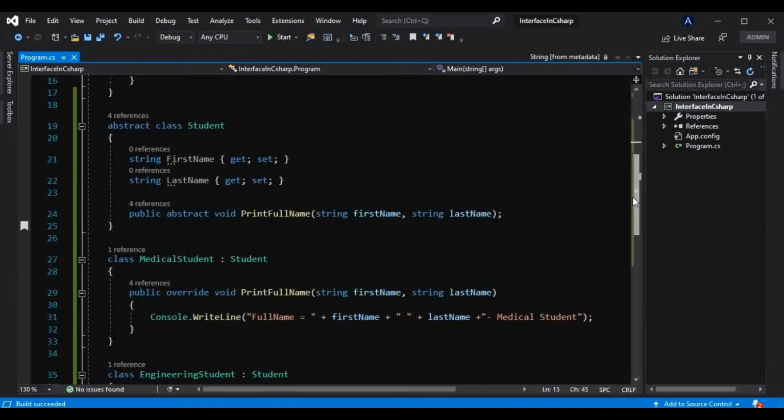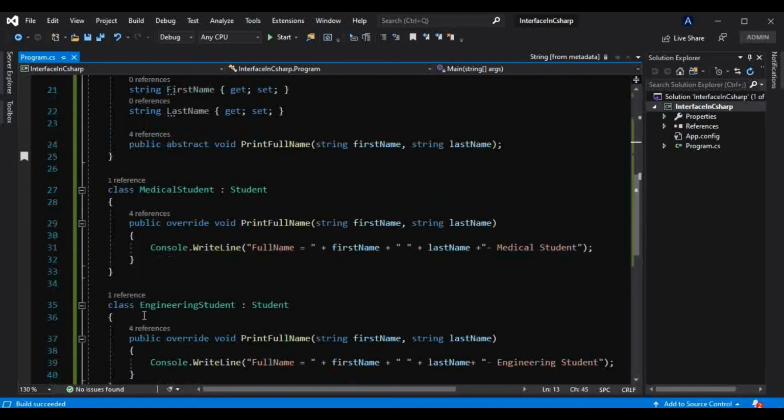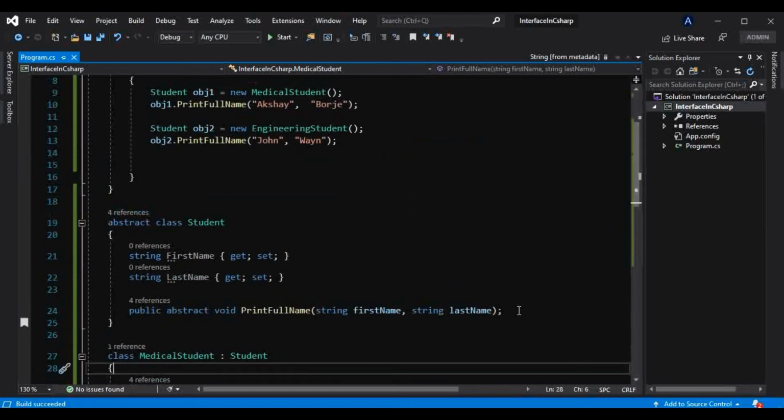But now let's just consider a scenario. This engineering student needs one method which is specific to only the engineering field, and this medical student needs one method which is only specific to the medical field. And what method? Let's just try to take that method here.